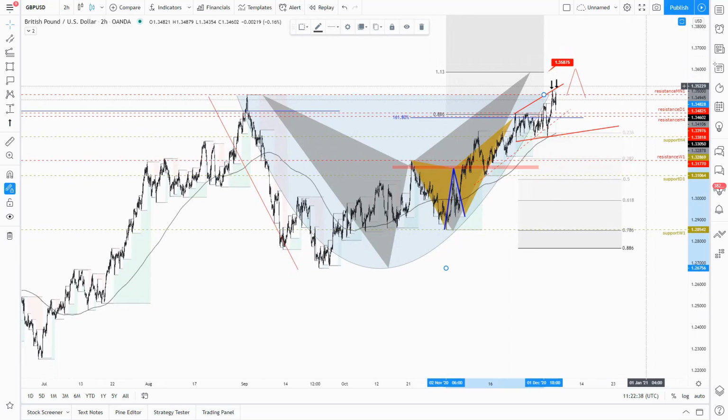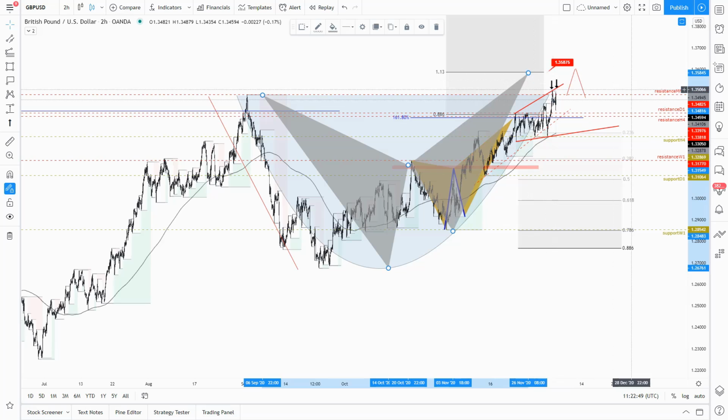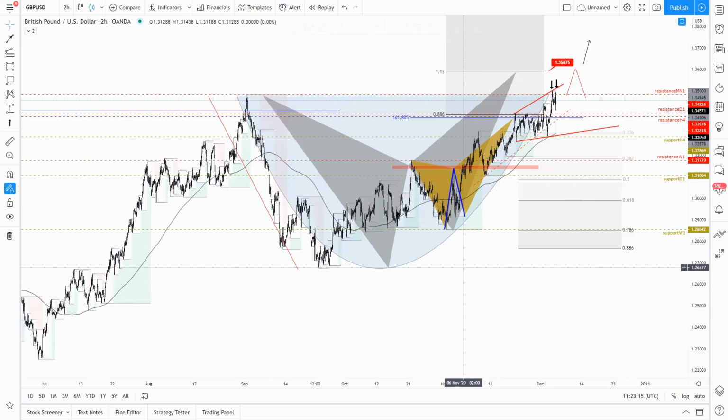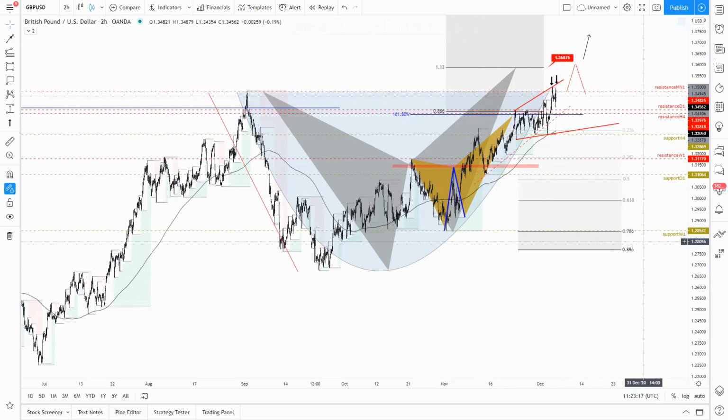Right above the monthly fractal, as I said yesterday, we have the alt bat pattern completion point, 135.87. So this is my limit. Let's say if the market needs to trade above that monthly fractal and then to fall, those will be my limits in order to search for shorts. If I need a limit to search for an opportunity to go short for the cable, that will be the level where I will say, okay, above the 113% Fibonacci, I don't want to be involved, and I will get out of that trade as soon as possible.